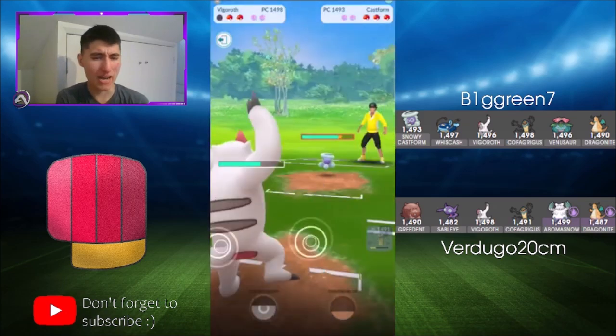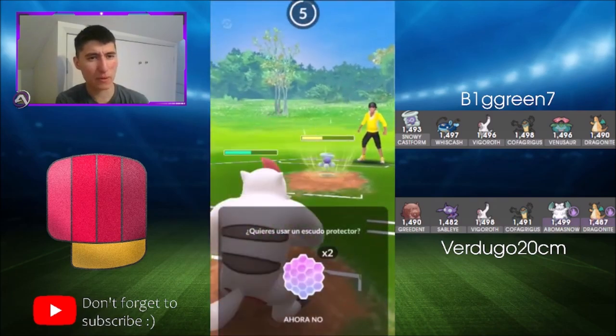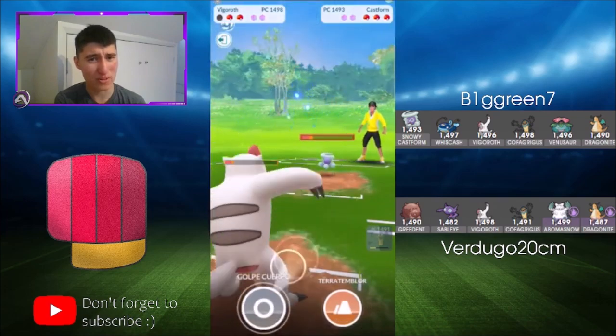So not the end of the world, I guess, but that Vigoroth in the back is going to be hard to deal with, especially because both sides still have 2 shields. And this Snowy Castform is going to get this Vigoroth pretty low, especially letting that Weather Ball go through. Looks like we're going to be going...